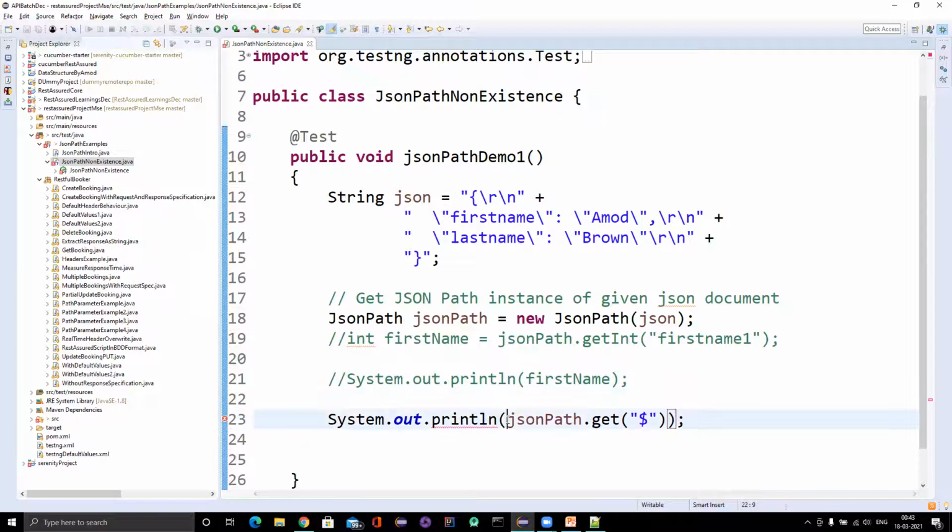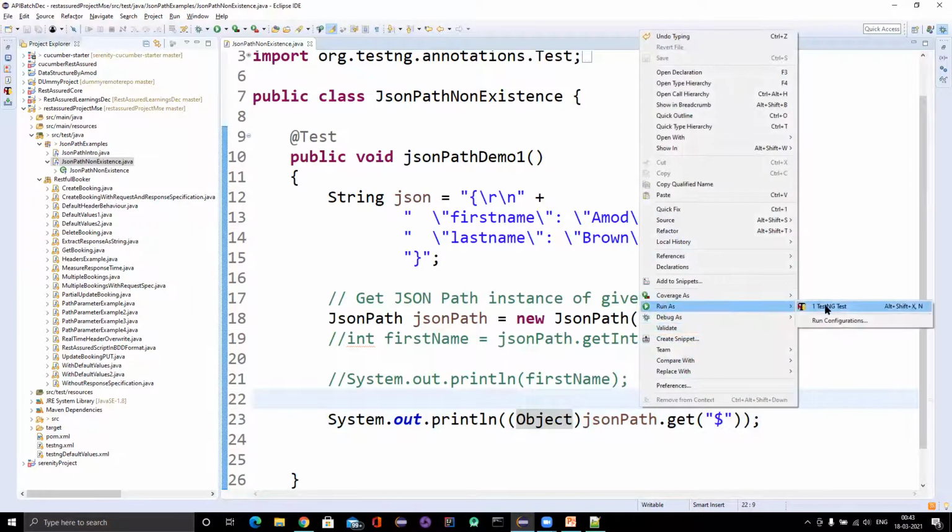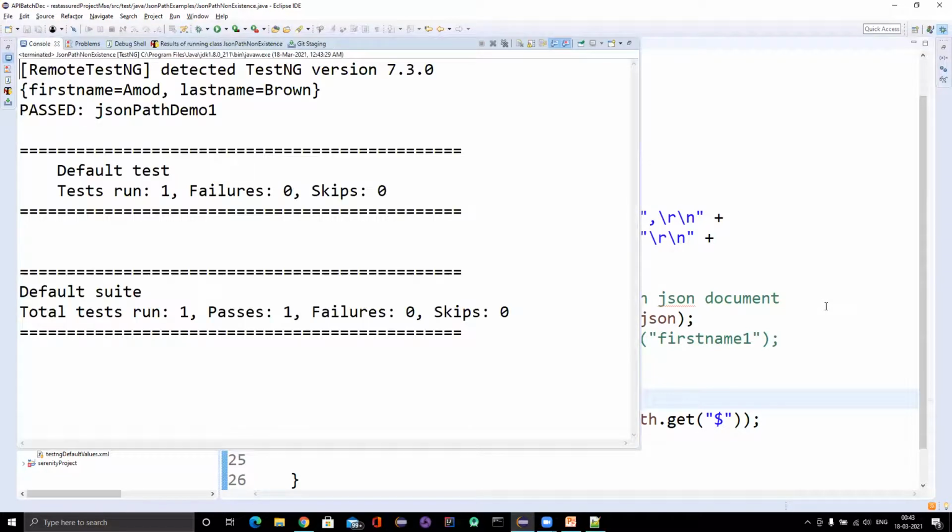Okay, I'm simply casting, let me run it. What you can see is that it is simply printing the JSON.